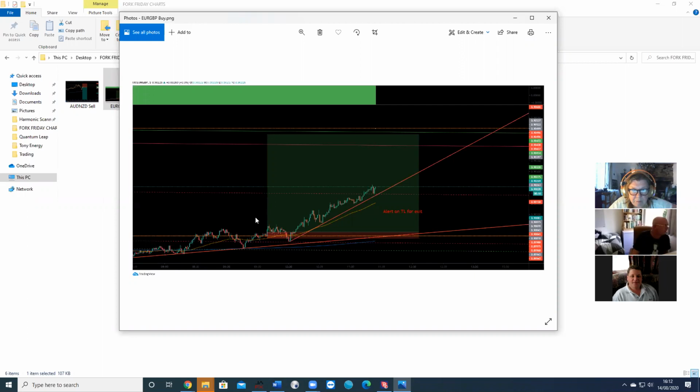So an absolutely beautiful trade entry, and a good little lesson here. This person's put an alert on the trend line for exit. So they're staying in whilst price is still buying and it's above the trend line. And as soon as it sets off the alert, they'll have a look to see if it's failing, dropping down, break and retest to the